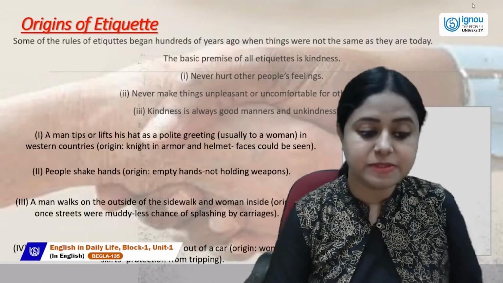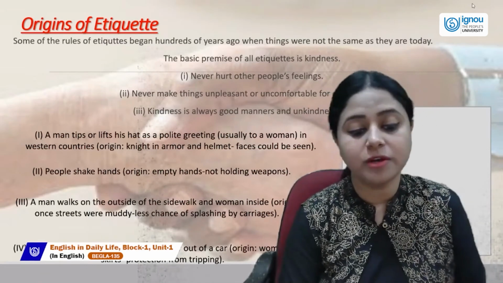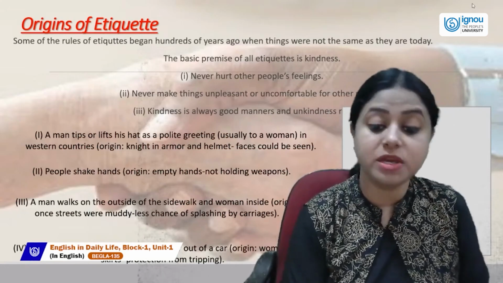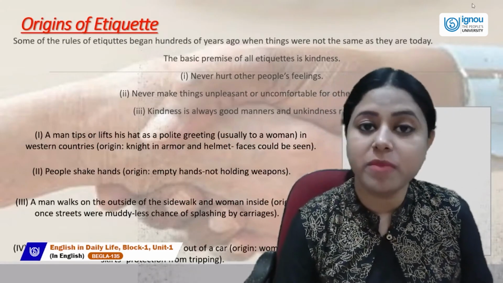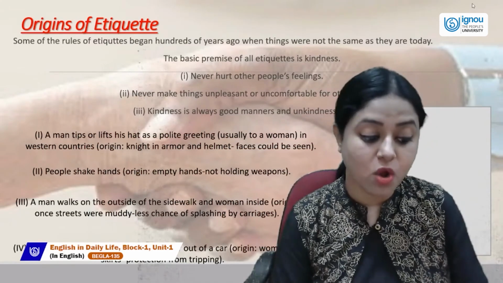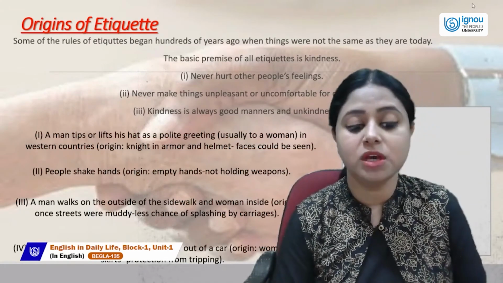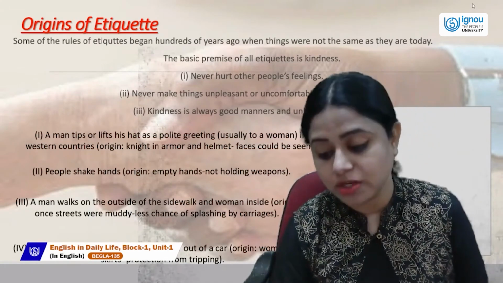So a man helps a woman across the street or out of a car, and this used to happen because women used to wear long skirts. So why would men offer their hand or help them step out? Because they would want to protect them from tripping. Okay,